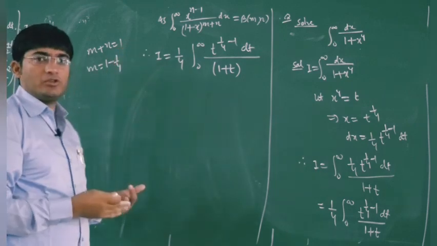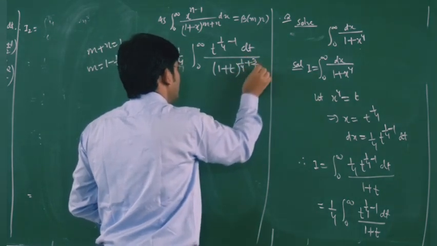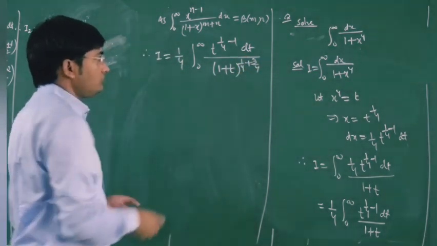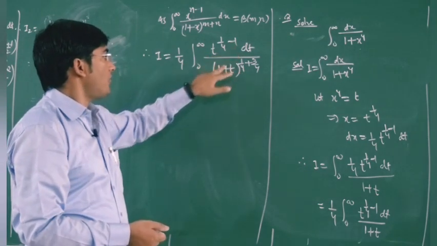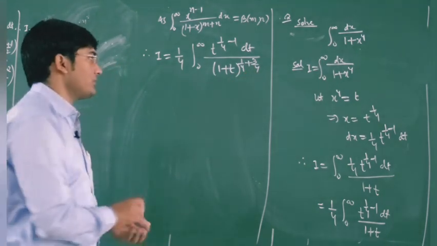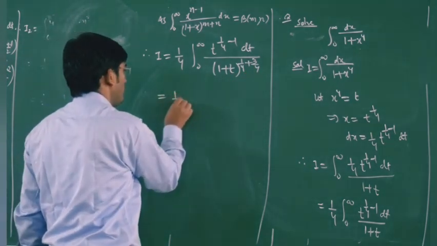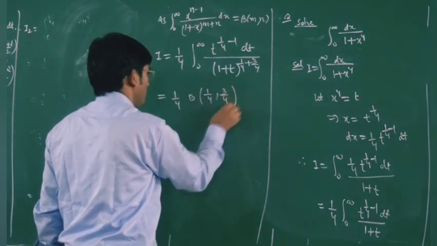So this m will be 3 by 4. So here we have 1 by 4 plus 3 by 4, and you can see that this is your 1. Now we have the formula t power n minus 1 upon 1 plus t power m plus n. So we can use the definition of beta function. So this is equal to 1 by 4 beta 1 by 4 comma 3 by 4,